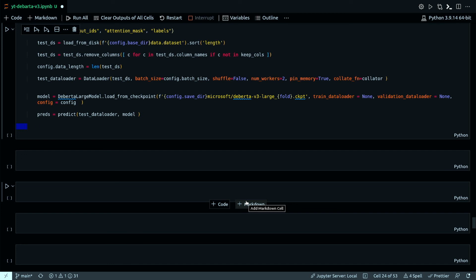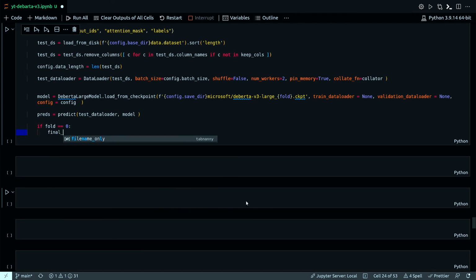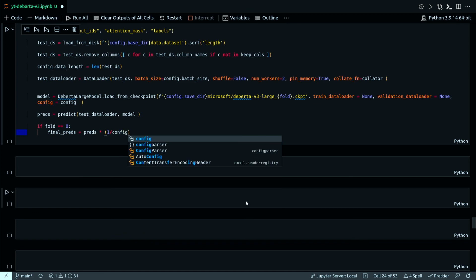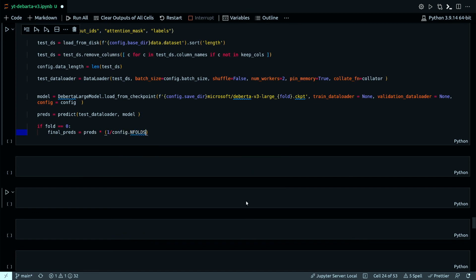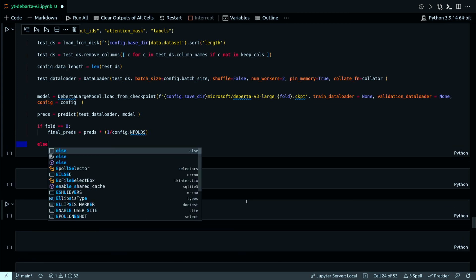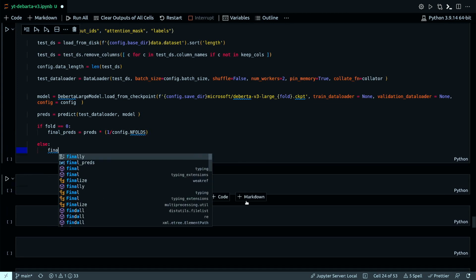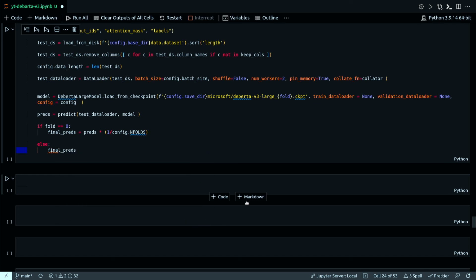So from this prediction, now I need to run a little if condition. Fold. Oops. Parents plus equal to.